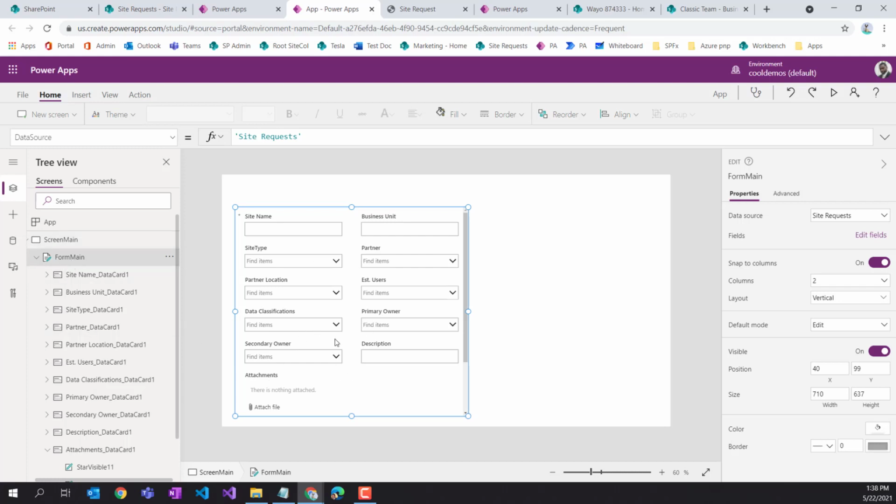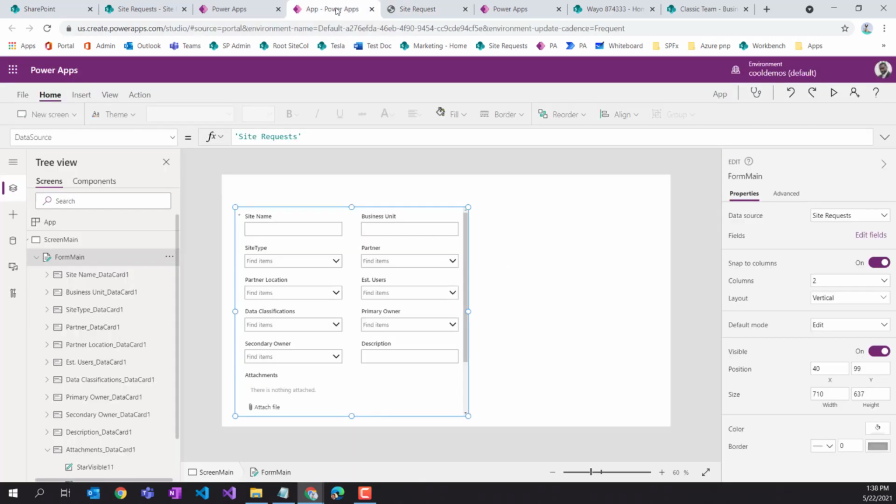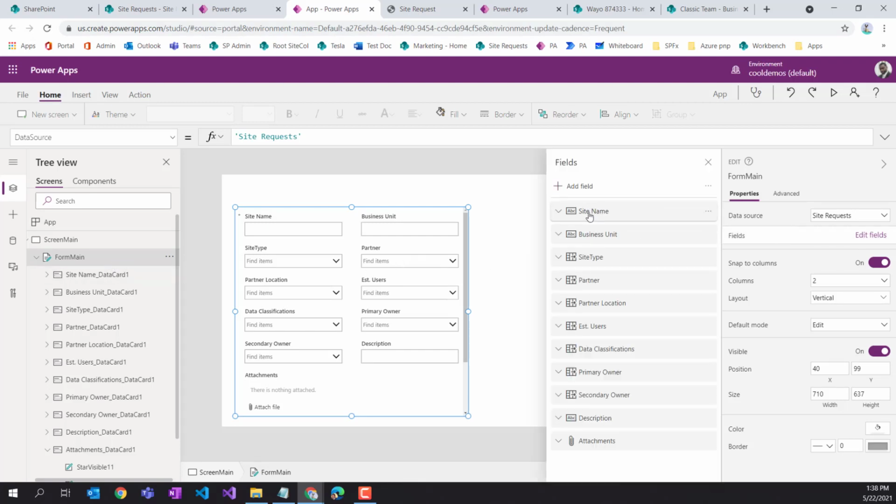A lot of these fields I do not need, and a lot of these are not in the proper order yet. So let's just keep toggling through and start to place these in the right order. So we have site name, business unit, and site type. In order to modify the ordering, I just go to edit fields here, site name,